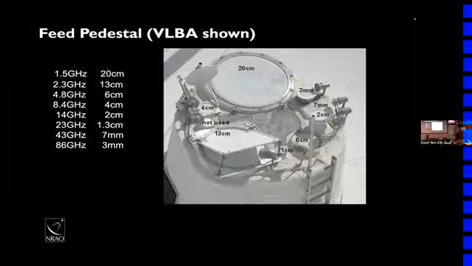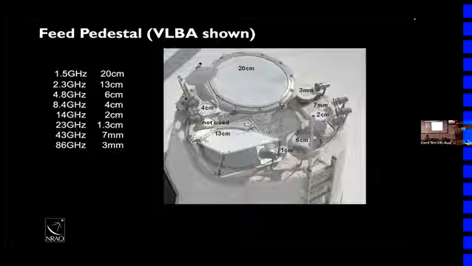Any guesses? We can imagine these things are out in inclement weather. It gets cold, snow can fall, ice can form, right? So these are a way to get rid of snow and ice. These are little heaters, basically, ways to get rid of stuff that forms on the surface. And obviously, all of the receivers have to have covers, right? So those are sort of radome kind of covers that cover the receiver entrance.